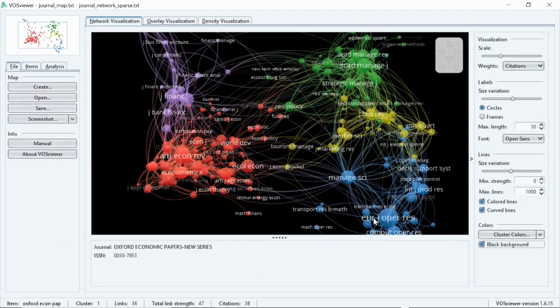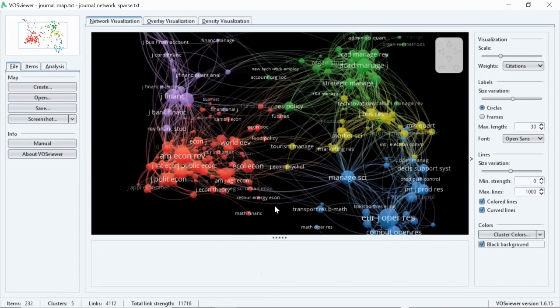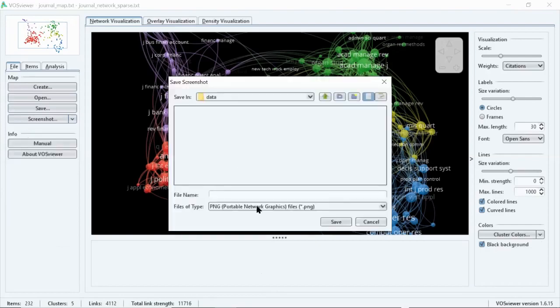So after you have analyzed the clusters and created a map, you want to save it, right? You have to save it for further use. It can be easily done. There is an option for save and screenshot. Instead of saving, you just click screenshot. You click the drop down menu of screenshot. It will ask for save. Just click save, and